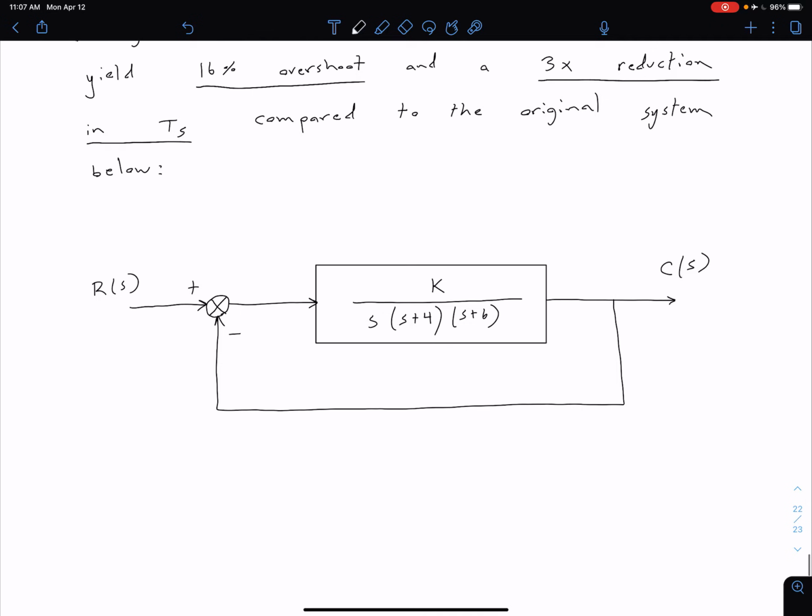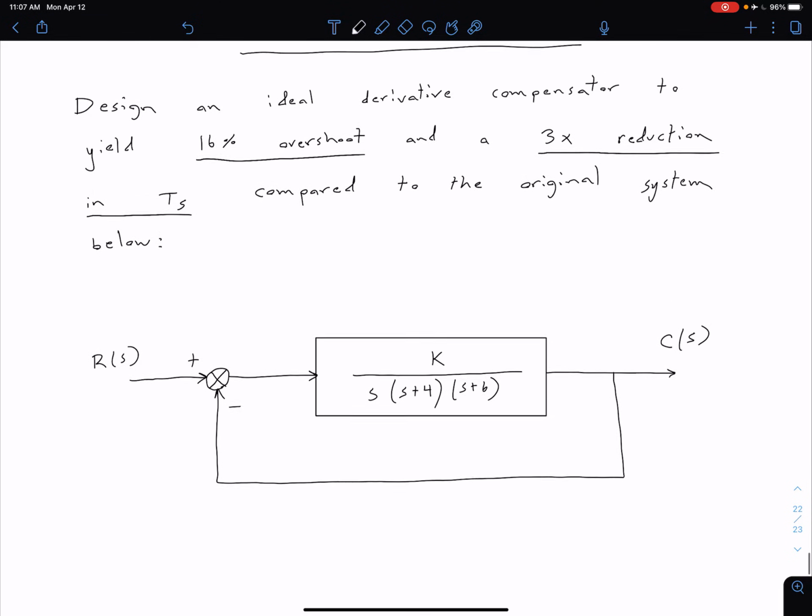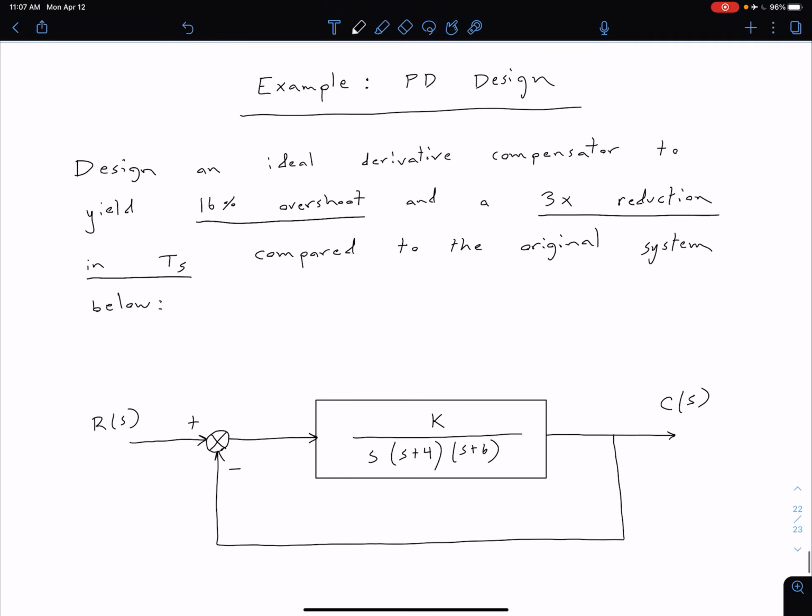So we note in this original system we have unity feedback. It is negative feedback, so that's good. That's what we know how to deal with. And we have this G of S block, which has 3 poles and some gain k. So we know that our root locus is going to have the same general shape as what we considered in the previous video. So because we're trying to alter the original system and reduce the settling time,